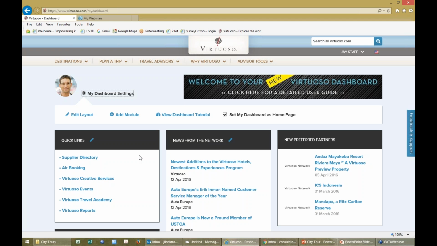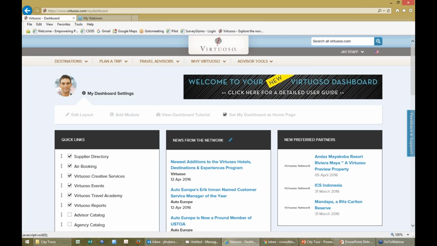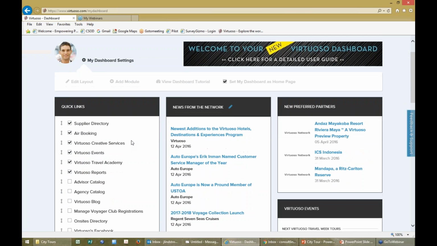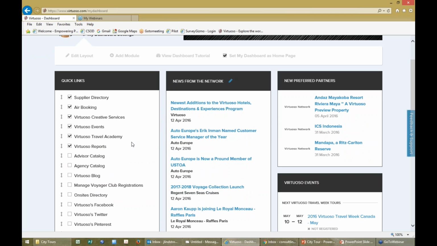The way to make recommendations on things that you would like to see added is to use this feedback and support link over to the right, and it's where you can go in and say, hey, it'd be great to have this module that would make my job more efficient and easier to work with. But let's look at quick links for a moment, and I'm going to select the pencil to show you what can be done. Under quick links, these are things, as I come to my home page, my dashboard